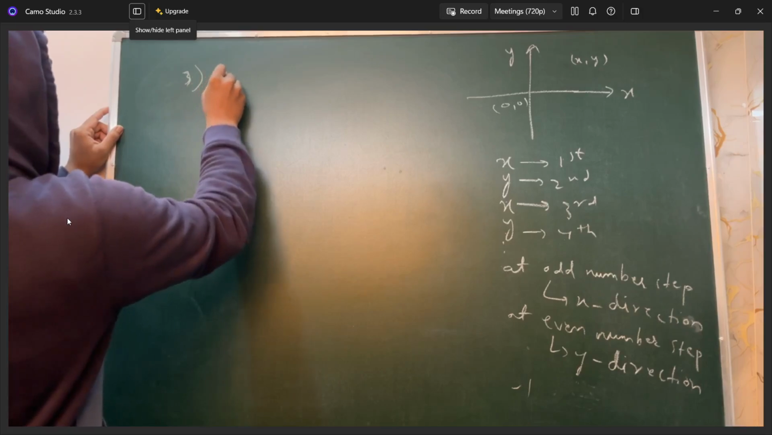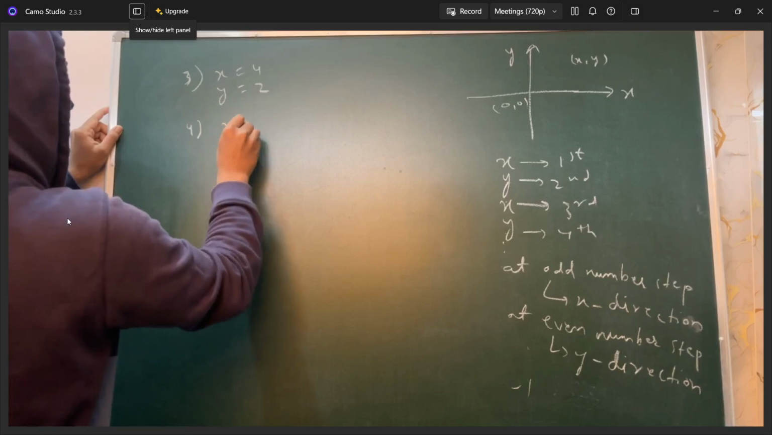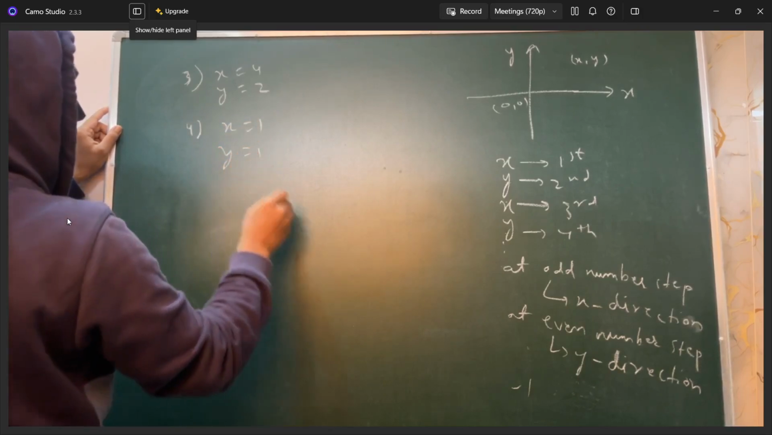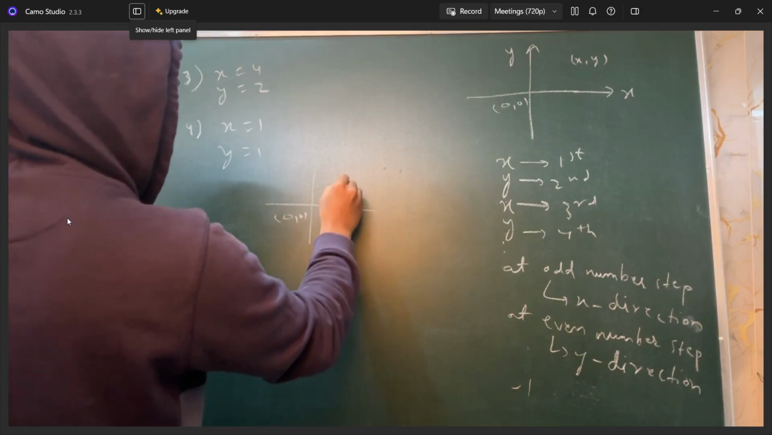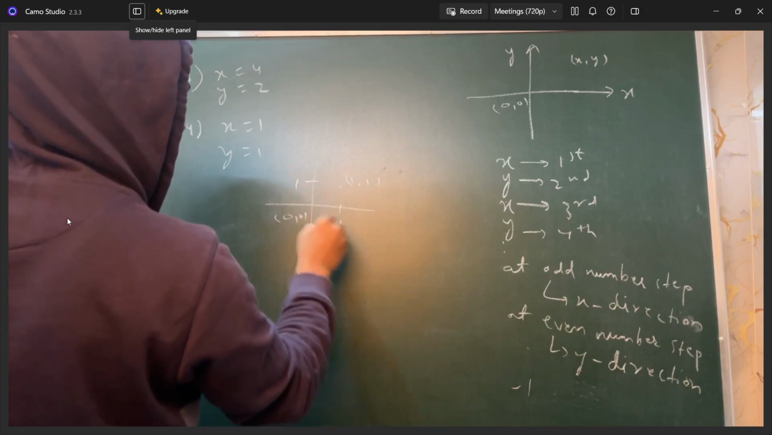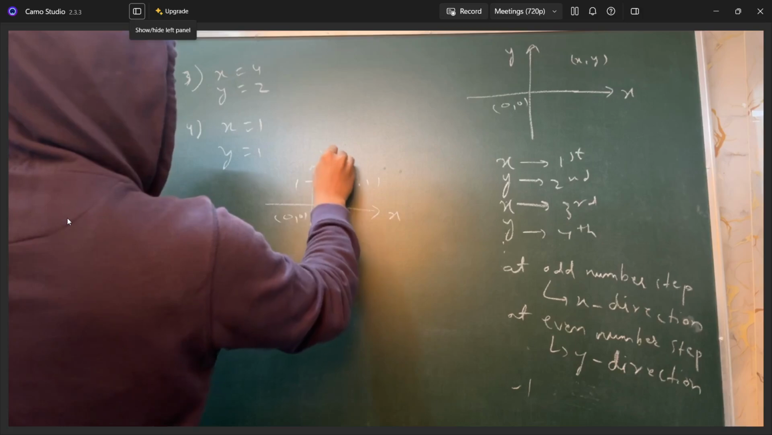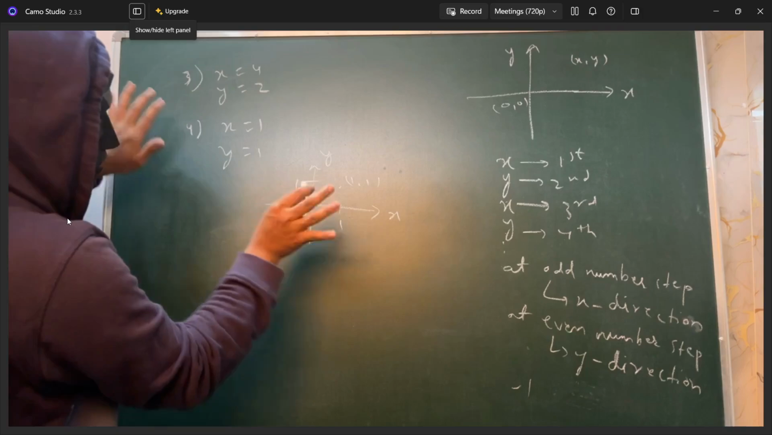In the third case we have x is equal to 4, y is equal to 2. Before taking that, let me take the fourth case, wherein we have x is equal to 1 and y is equal to 1. Which means the chef is at 0 comma 0 and he wants to reach 1 comma 1, right? So if that is the case,